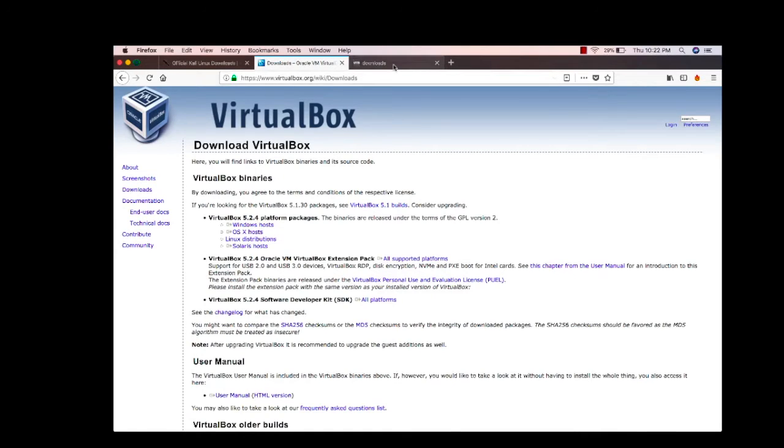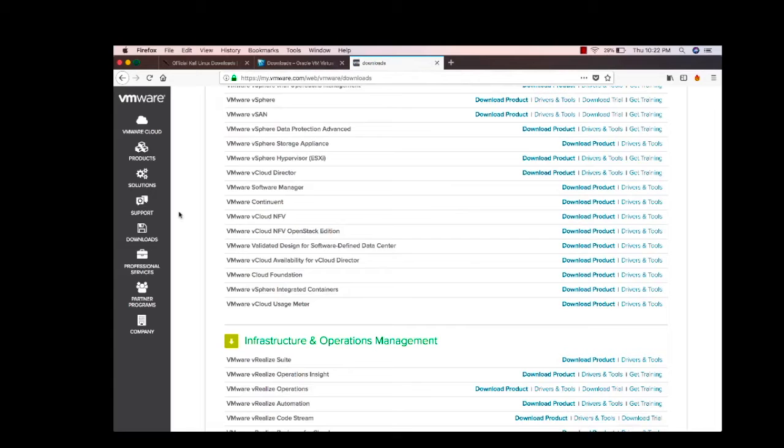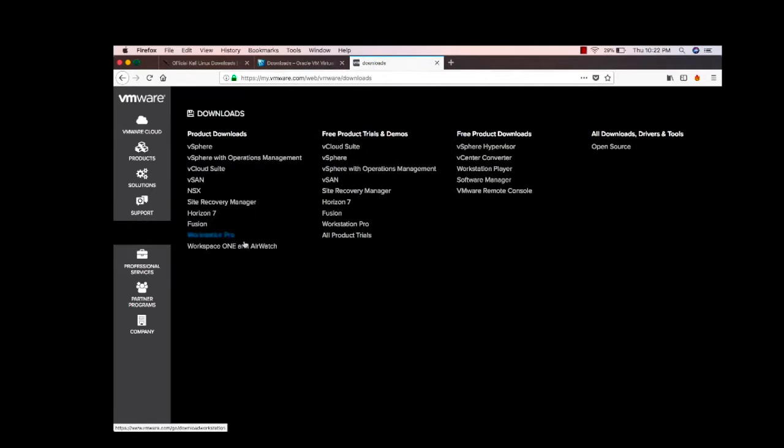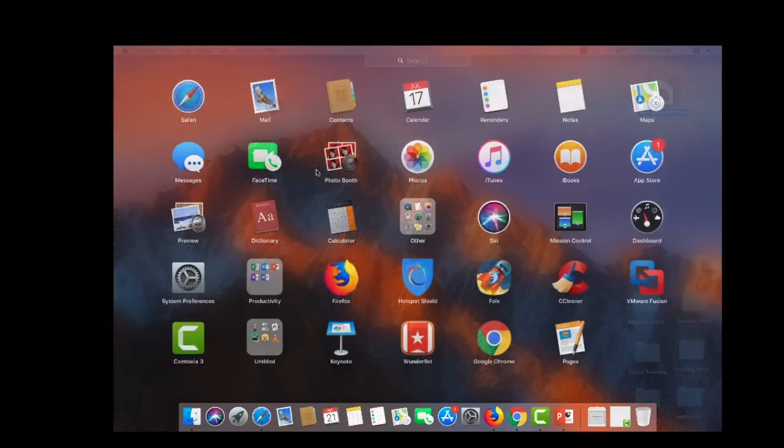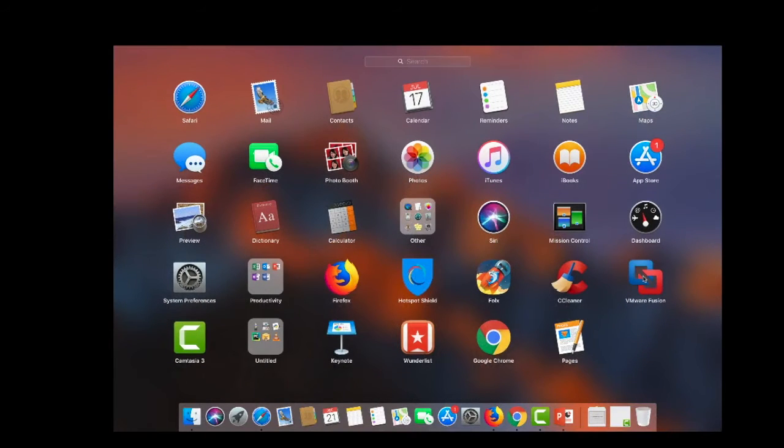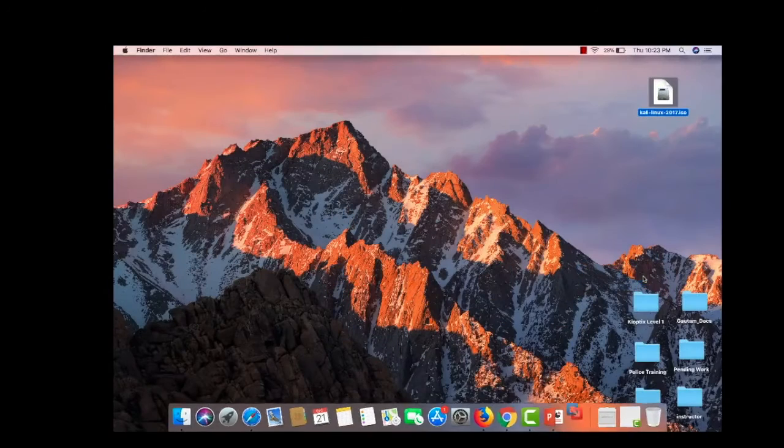Another one is VMware. Click on downloads as I am using Fusion. Fusion comes for Mac OS. So according to your wish, you can use VMware or VirtualBox as a virtual machine. As I already installed VMware Fusion on my machine, just click on it